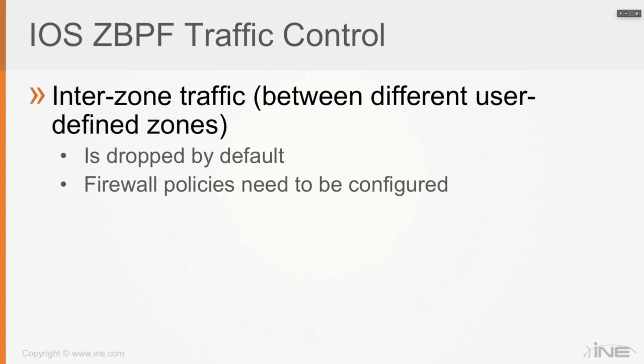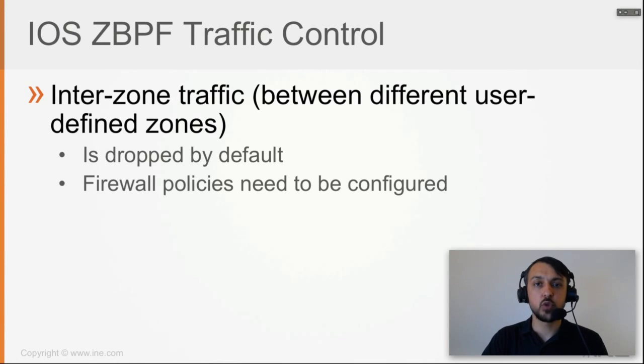And of course finally, inter-zone traffic, so traffic flowing between different zones, is dropped by default, because if you don't configure any firewall policies between zones, traffic is dropped by default, and it makes sense because this is the scope of actually building the zone-based policy firewall. You segment your network into security zones, and then you want to control which traffic can flow between zones and how it can flow between zones. So it makes sense that all inter-zone traffic is dropped by default unless you manually configure firewall policies for inter-zone